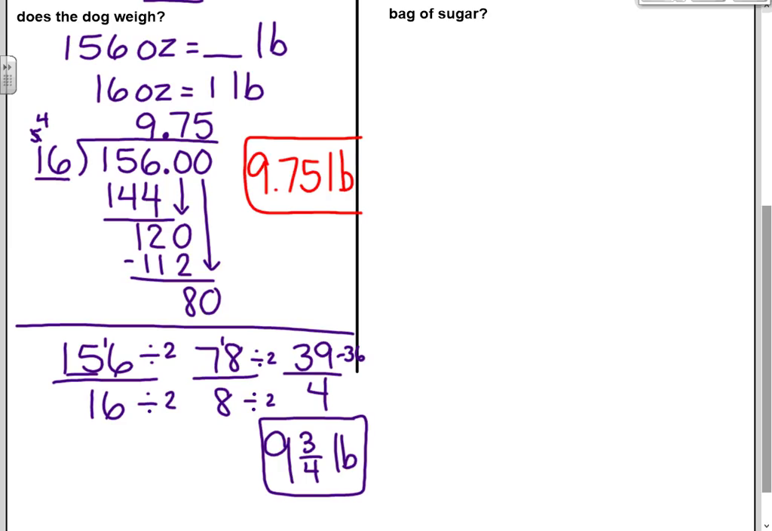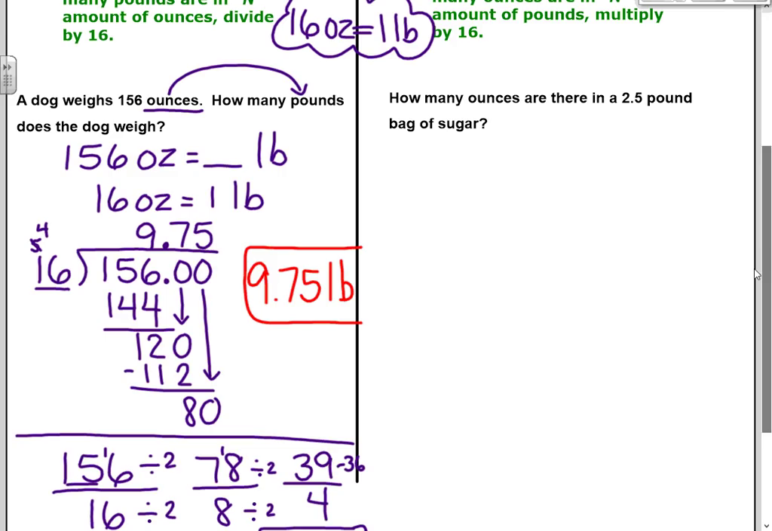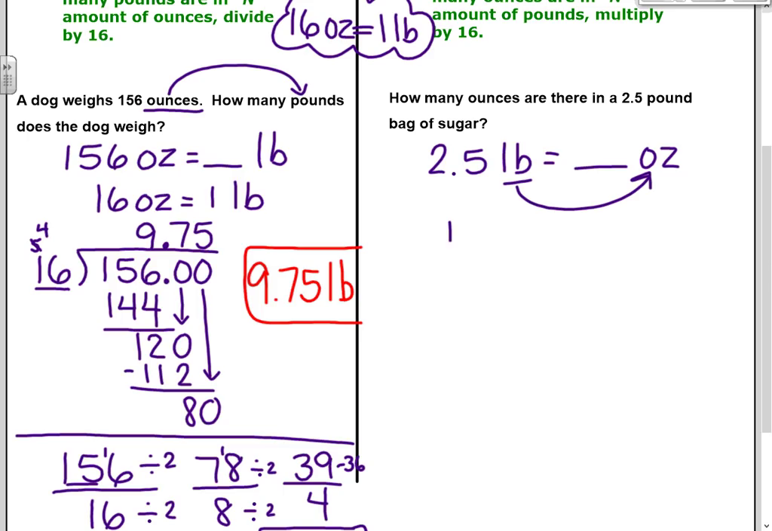So let's go ahead and look at converting the second problem. How many ounces are there in 2.5 pounds? So we have 2.5 pounds equals, I don't know how many ounces. I'm converting from a bigger unit to a smaller unit, so I'm going to multiply. The conversion is 16 ounces equals 1 pound, so I'm going to multiply 16 by 2.5,